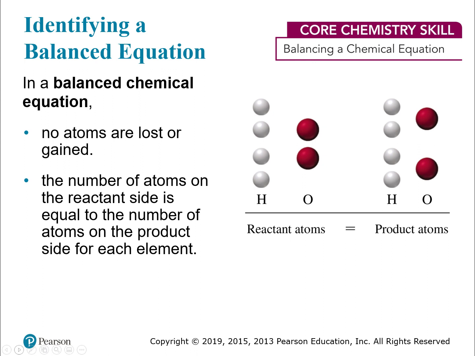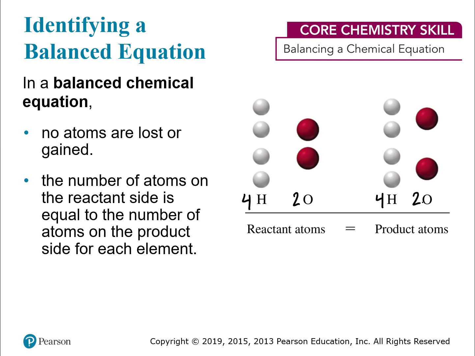We're working towards balancing chemical equations. So you know the symbols and kind of where things are. Now we need to talk about what a balanced chemical equation is. All that means is that you've got the same number of atoms on the reactant side as you do the product side for each element. You're not gaining any atoms or losing any atoms. They're just being shuffled around. So in this image to the right, you've got 4 hydrogen atoms and 2 oxygen atoms. You have the same thing